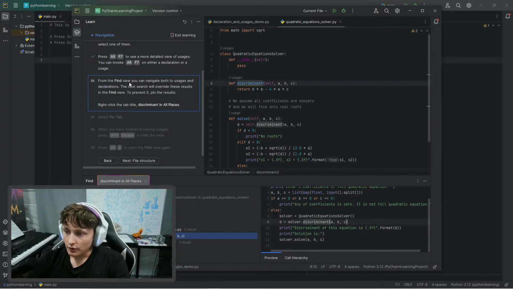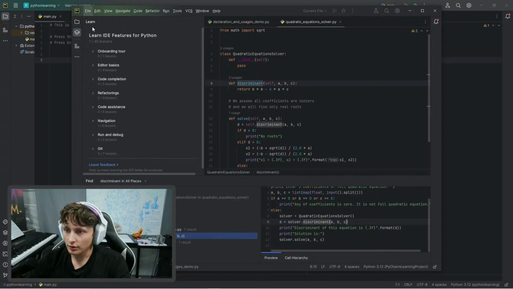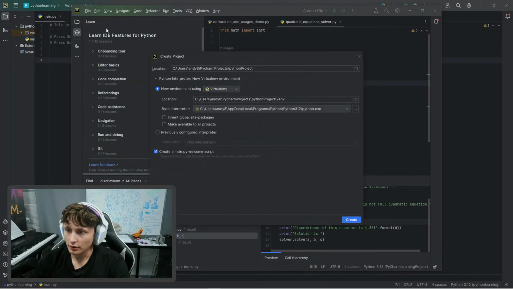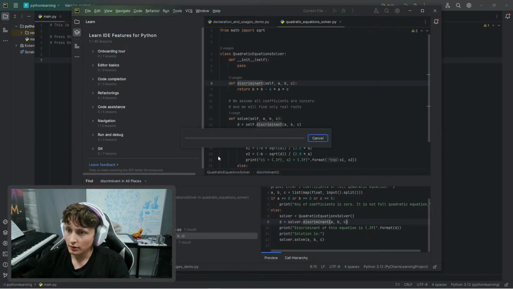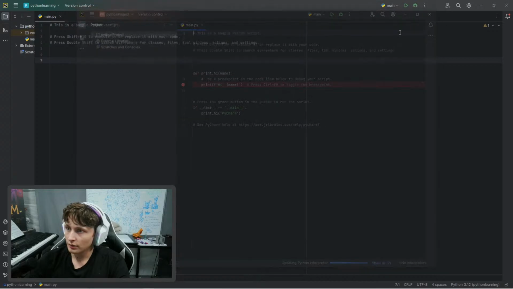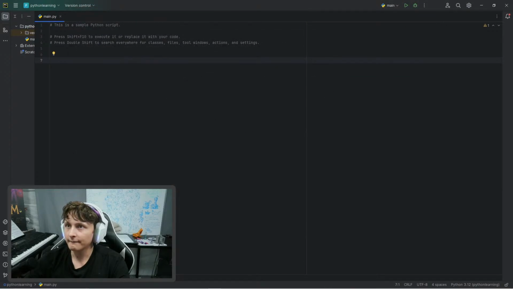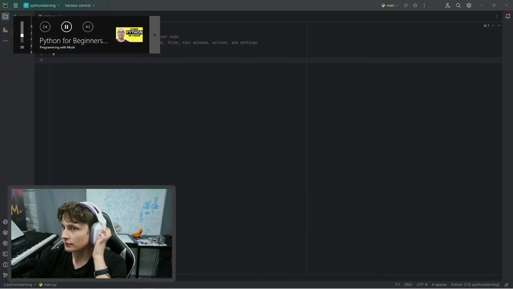From the Find view, you can navigate both to usages and declarations. This next search will override these results in the Find view. Okay, this is not what I should be doing. I need to go to a new project. New project. Create. This window. Have any Python files inside this project. A real application can consist of